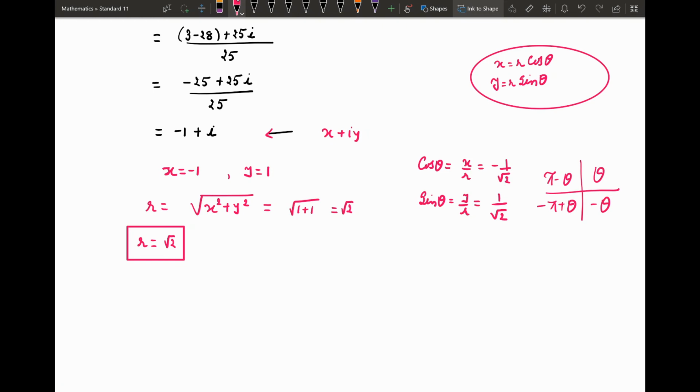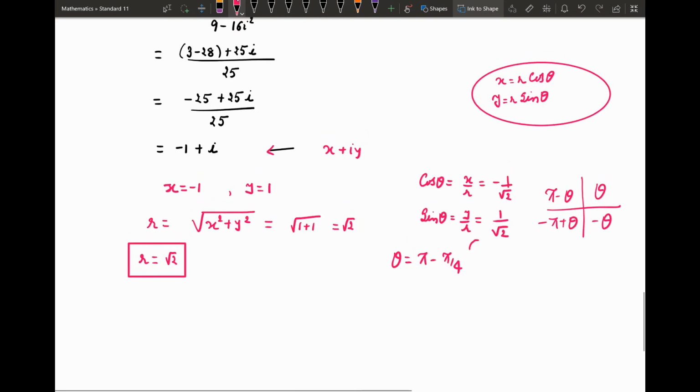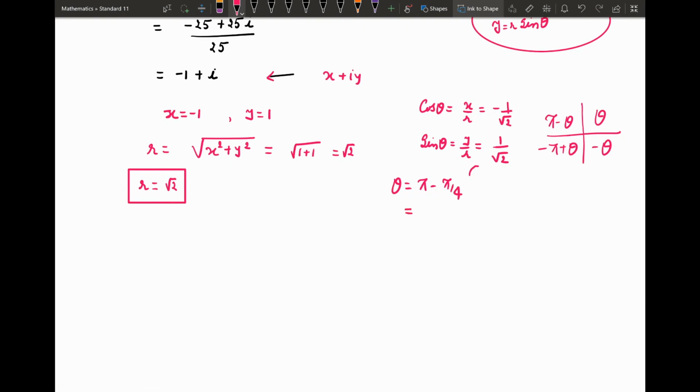So without sign, cos 45 is 1 upon root 2. So take base as pi by 4, go into the second quadrant. So theta equal to pi minus pi by 4, it is 3 pi by 4. So theta equal to 3 pi by 4, and therefore